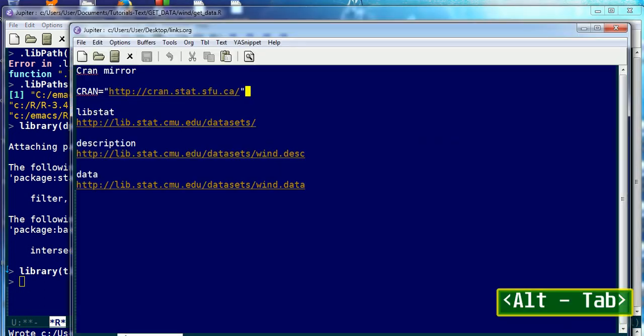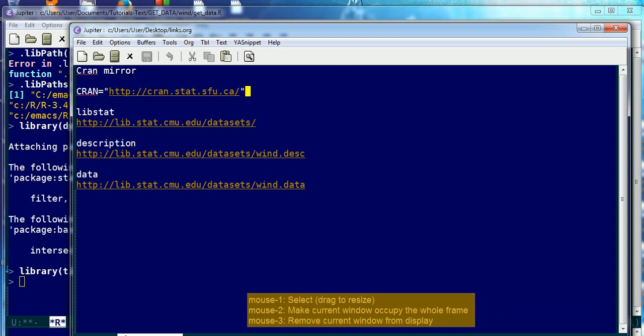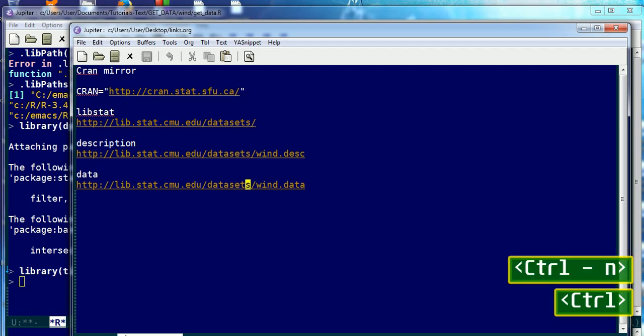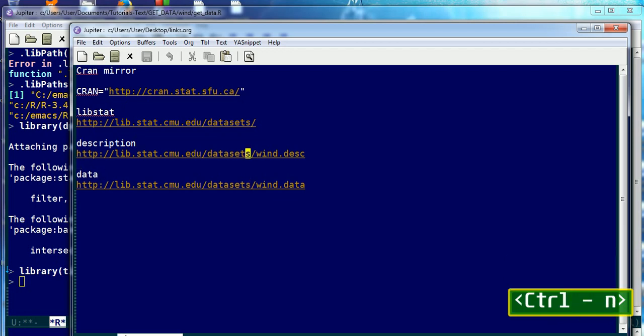So what I've done, you can see over here, is I've browsed an online repository, lib.stat.cmu.edu, which has some data sets, and I've found a data set that is not archived, so it's easier to download and use. That data set is called wind, and incidentally it comes with a metadata description file. So here we've got the description file, and here we've got the data file, and these are the URLs that